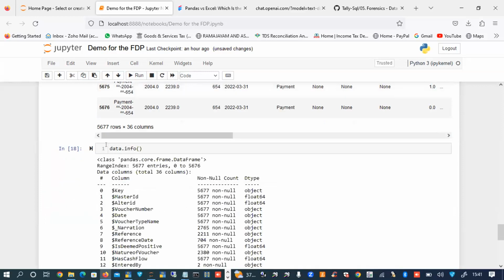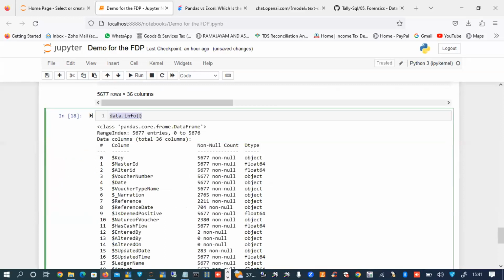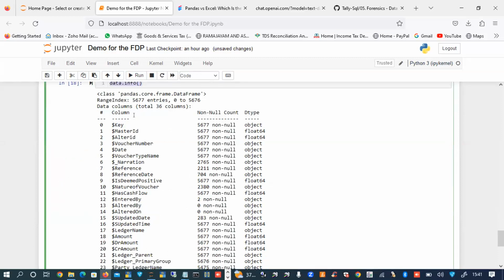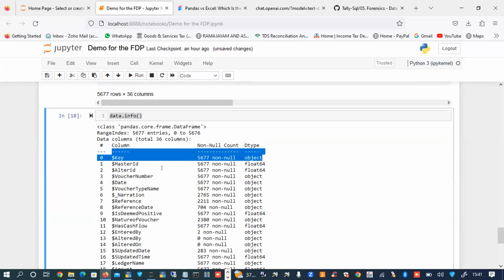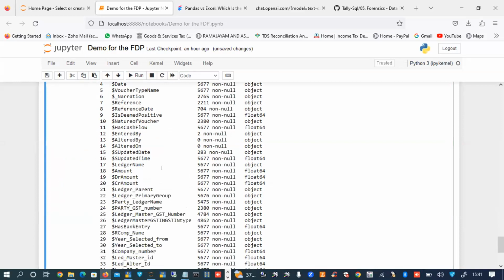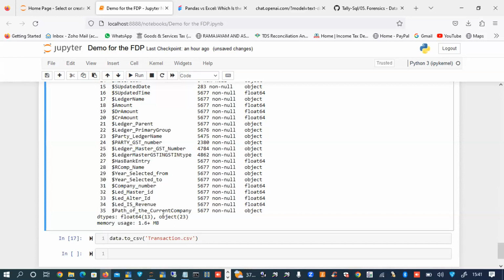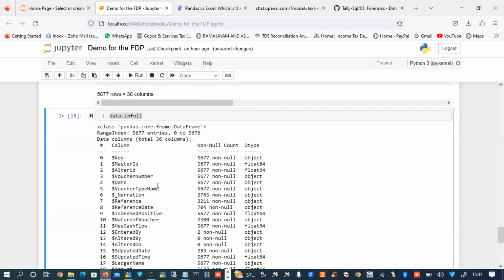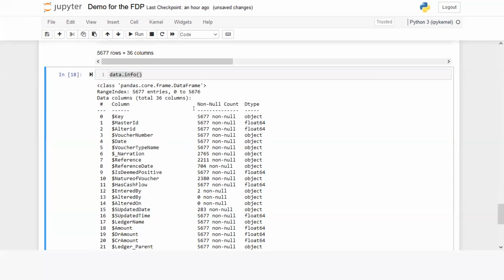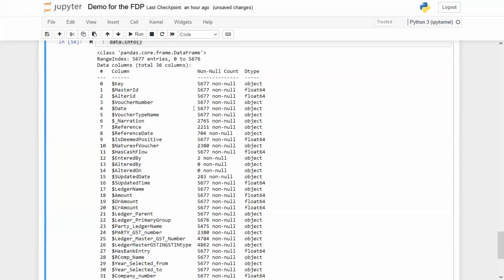And there is one more important function called data frame dot info. This will analyze each and every field, tell you how many items are null, how many are not null, what kind of information it is, whether it is text, and what kind of memory the data frame is using. If we have 50 or 100 or 5,000 items, it will be helpful. Visually we can see how many rows and columns have been filled.